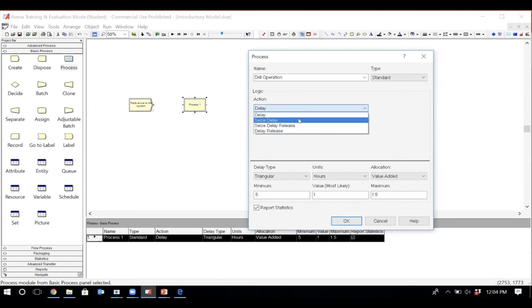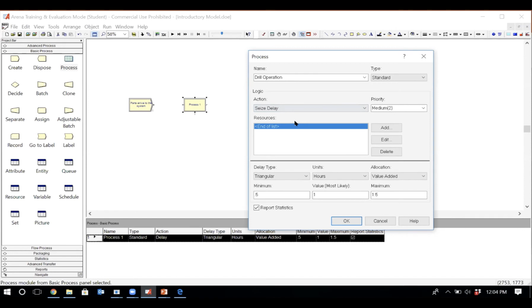I have, for example, seize and delay, which means that the entity gets there. It's going to first get a hold of one of the resources, just dedicated to itself, and then it's going to wait there for the delay amount of time. Okay, so it's going to be there for that specific amount of time that we tell the simulation, and that's the delay time. And delay release, meaning that the entity is going to be there, wait for this specific amount of time, and then it's going to release the resource